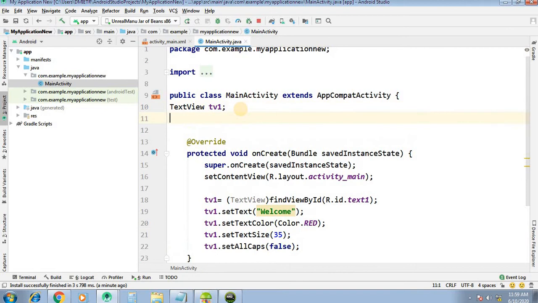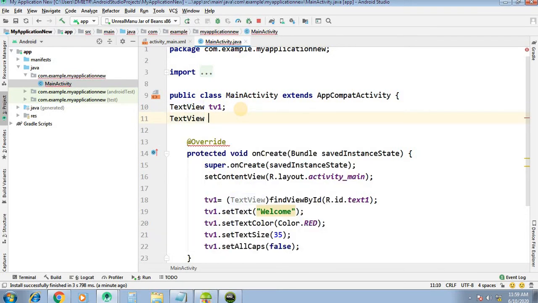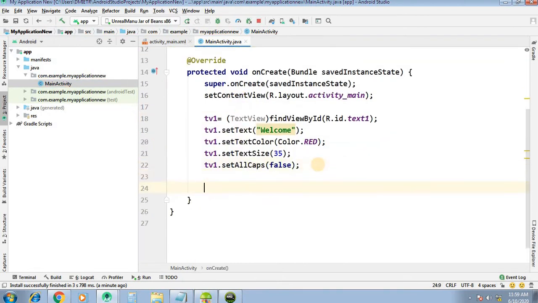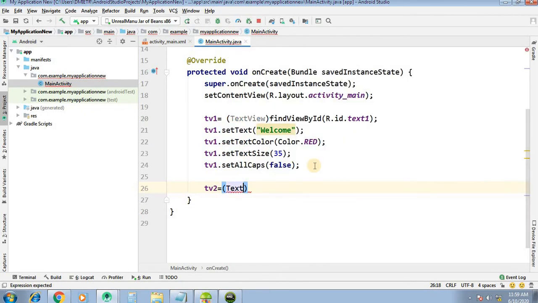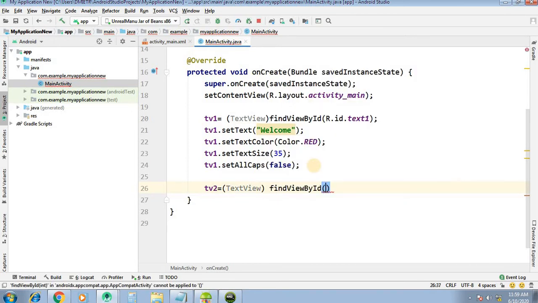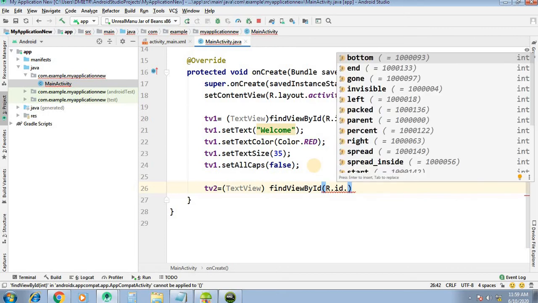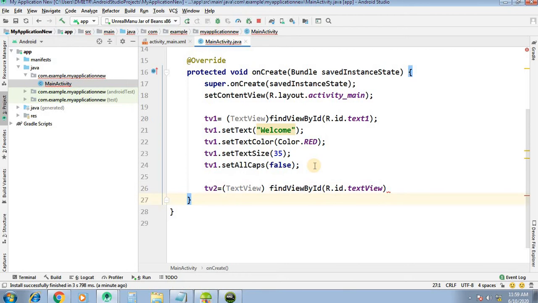Another text view, tv2. Now how to initialize this? tv2 equal to TextView, findViewById is the method to map, R.id.textView. Okay, not text. Using this you can access the second text view.